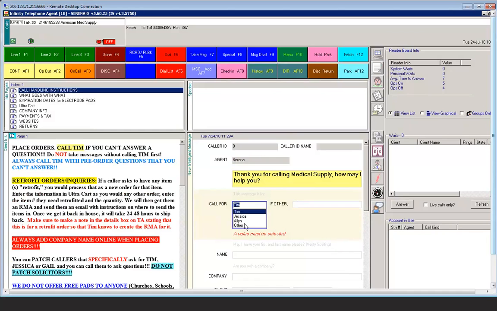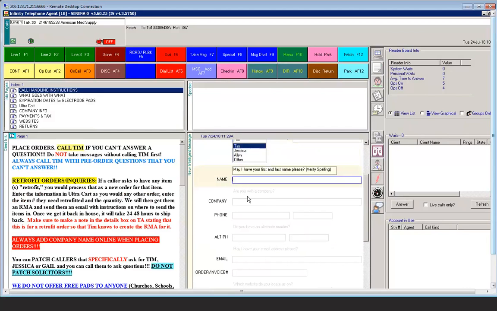These other people, they really never ask for them, but if they do, just take a message. If the caller asks for Tim because they want the status of the order, you can take a message for that as well. But when it comes to taking orders, which is most of what we're going to do,